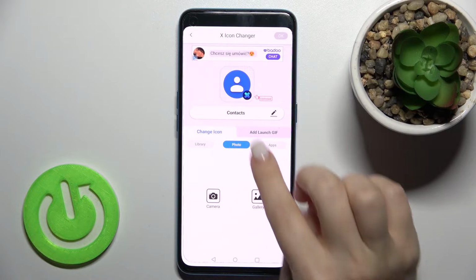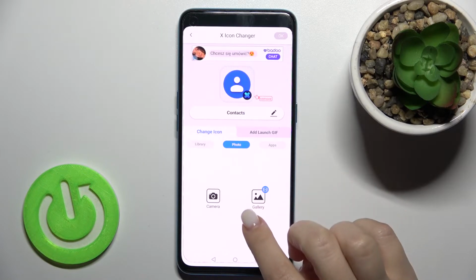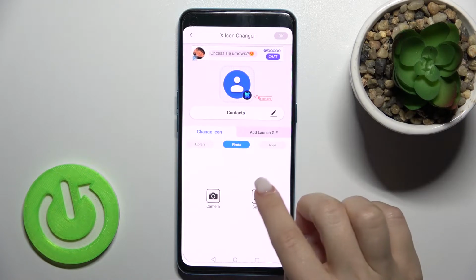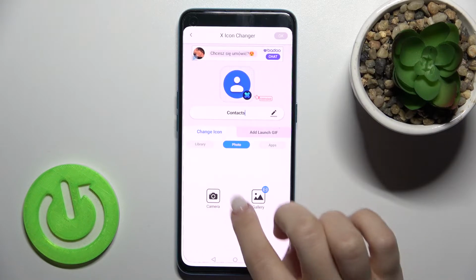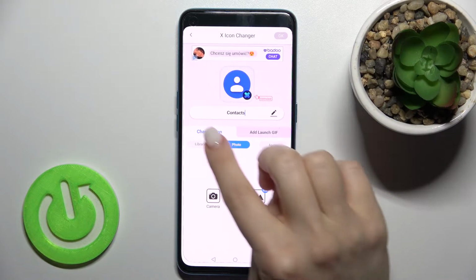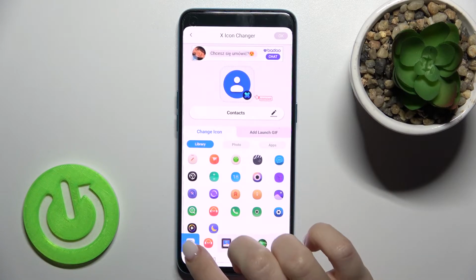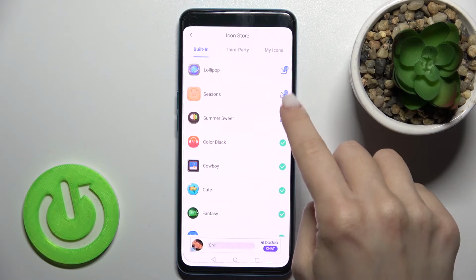Also we got here the photo section. You can select your new icon from the gallery from your device photos, or also you can take a picture. Also we got here on the left down corner the plus icon. You can tap there and here you can download the